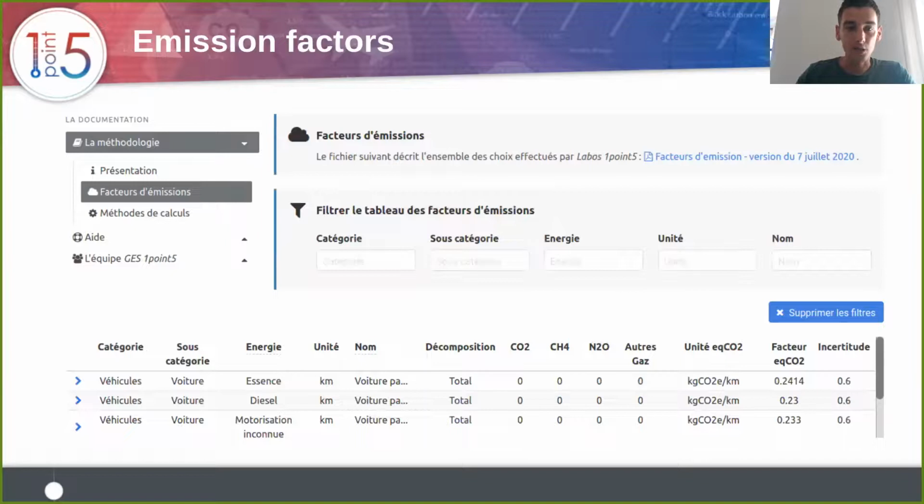On the same page, there are all the emission factors used by the database of the tool to make the calculation. This is provided to the user mainly to allow the user to perform the same calculation on their own and to be able to understand what is behind.